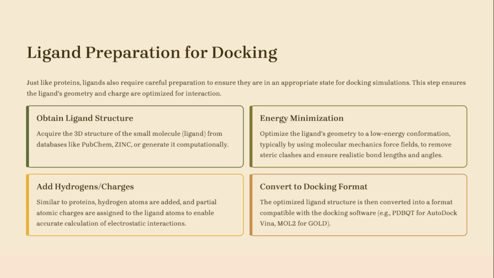For adding hydrogens, charges, or energy minimization, we can also use software like Avogadro. We will also add hydrogens and charges using AutoDock Tools, as I discussed before, in the MGL tools. And at the end,